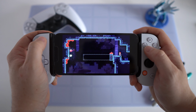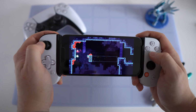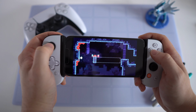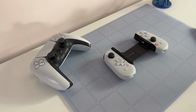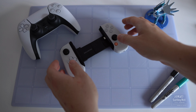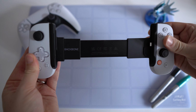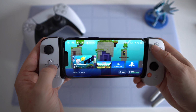The advantage of doing this over Bluetooth is that you then get a really low input lag, and it also just neatly wraps around your iPhone to create what looks like a brilliant little portable handheld. I picked up their recently released PlayStation edition, which has the style of a DualSense controller. The buttons don't really feel like PlayStation controllers, especially those triggers, but it is nice to have something that just matches up with